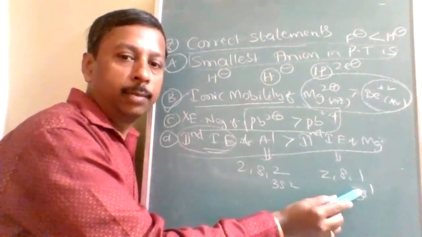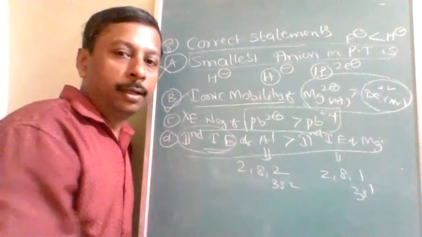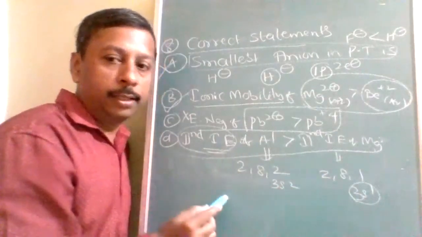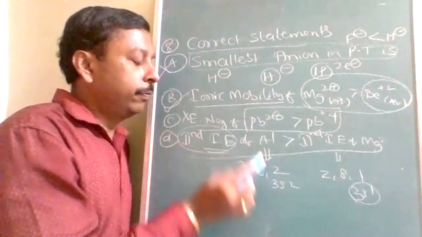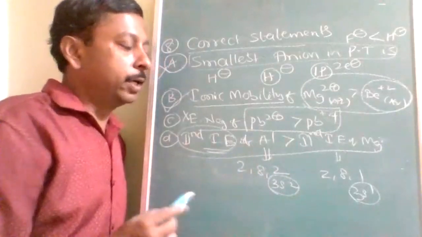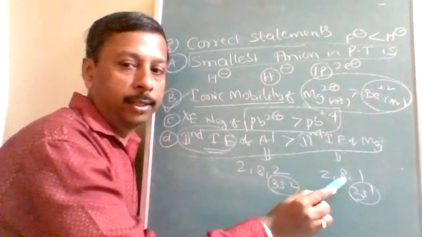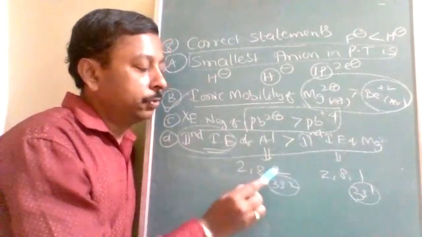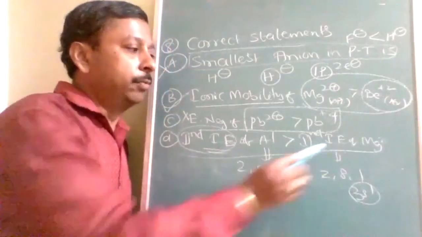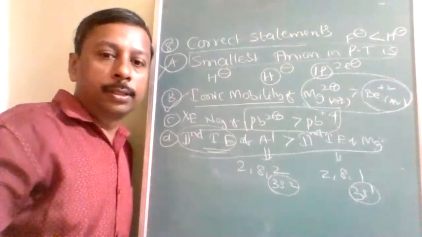Second electron will be removed from the half filled 3s in magnesium, whereas here, second electron will be removed from the fully filled 3s. Therefore, it requires more energy. Another way also you can say, if it loses, it is going to get stability. If it loses, it is going to become unstable. So it will easily lose. Therefore, ionization energy is less. Is it understood? Any doubt about this?